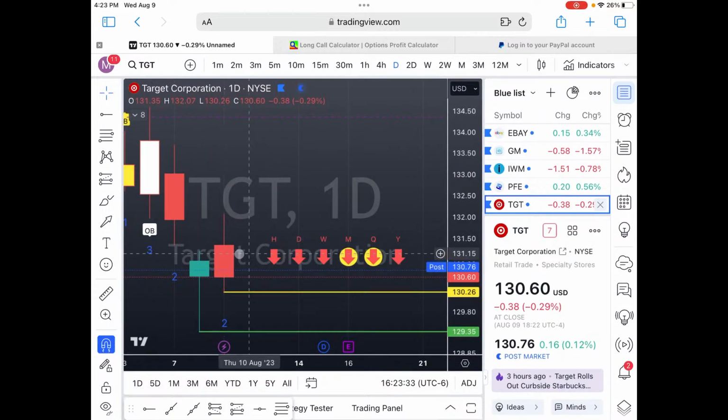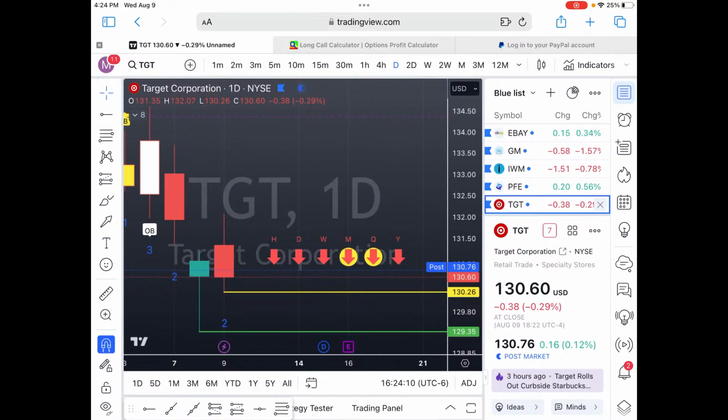Target, here's another good one, okay? 2 up red. And I sent out a tweet about this, I think it was today. People always ask me, do you just trade inside bars? I don't, okay? I don't just trade inside bars. If I have a setup that's a 2 up red, and I've got full time frame continuity like this, I'm looking at this for a potential trade or a potential money maker, essentially. I'm not saying money maker in terms of, you know, thousands of percent, but money maker in terms of winning, whether that's 10, 15, or